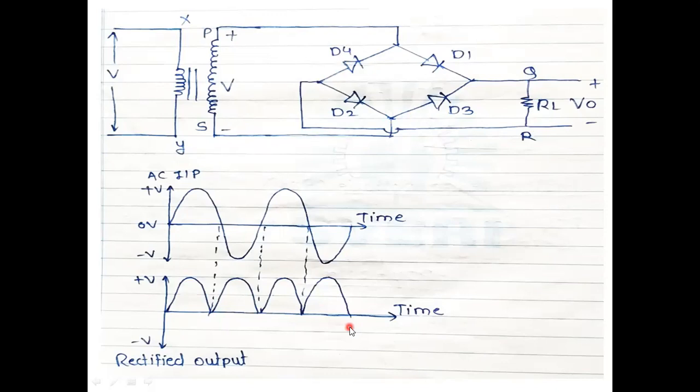For this half wave we are getting output, and for the next half wave also we are getting output. For that reason, we call this circuit a bridge type full wave rectifier. Here we may use a single phase transformer. We can use a transformer to provide the AC input, and take as much output as we need.